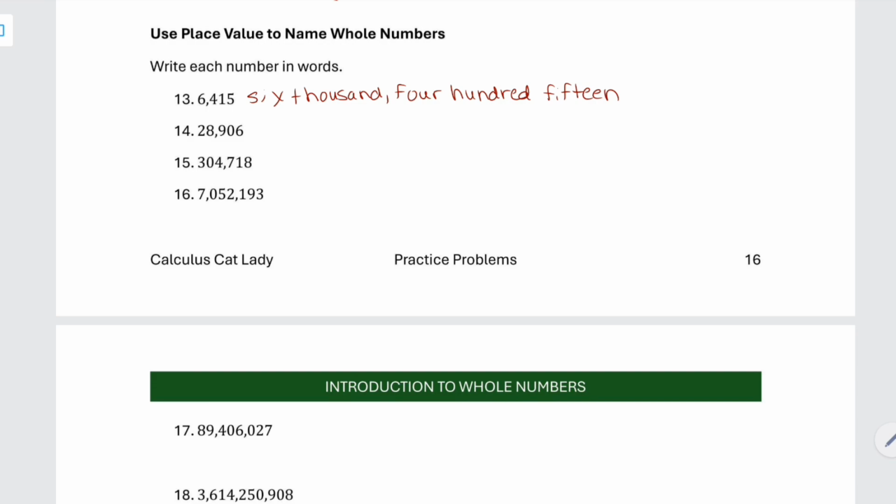For number 14, we have 28,000. And yes, there is a hyphen in 28. 906. For number 15,